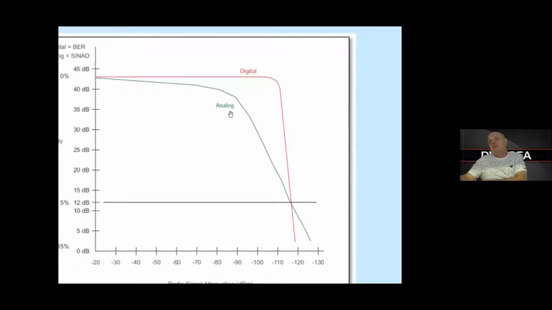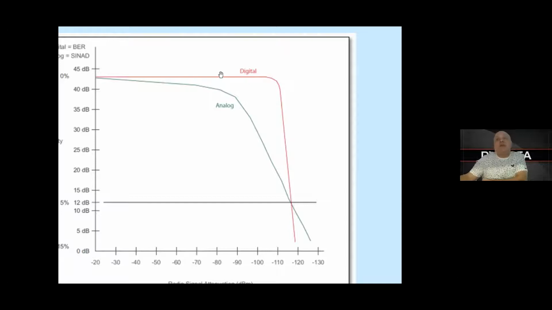The further you are away from your other station, the noisier it becomes. With digital, of course there is noise in the analog part of the digital radio as well. But this part here,